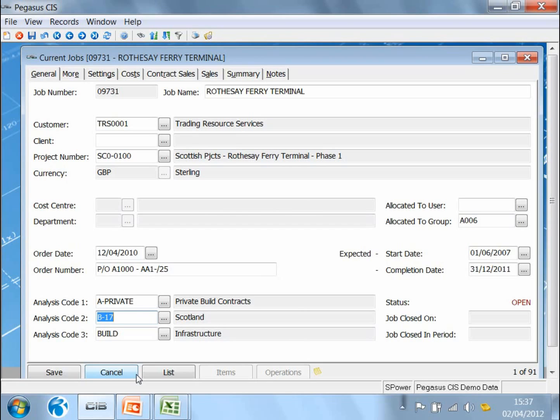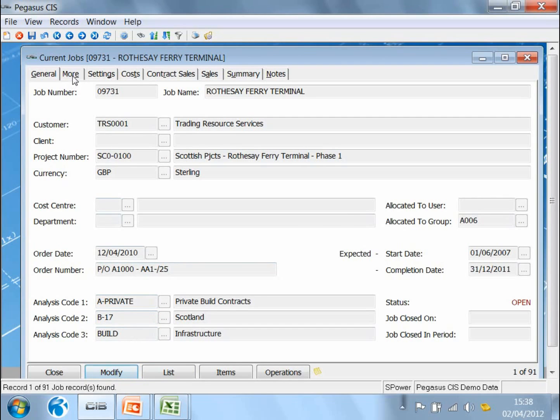Okay, what was the total profit that I made over my NHS contracts over the past 2 years? And I might find that those are climbing quite nicely. In which case, maybe it's suggesting that I should tender for more NHS work as opposed to local authority contracts. So you set up these 3 independent sets of analysis codes related to this job, and it allows you to